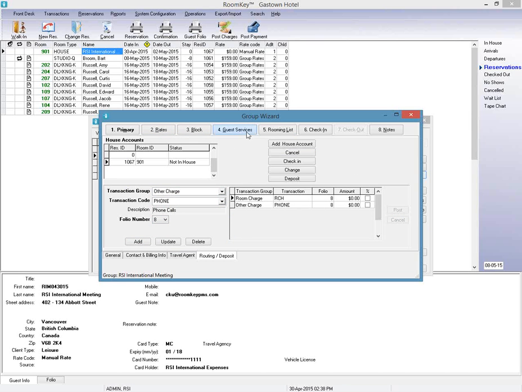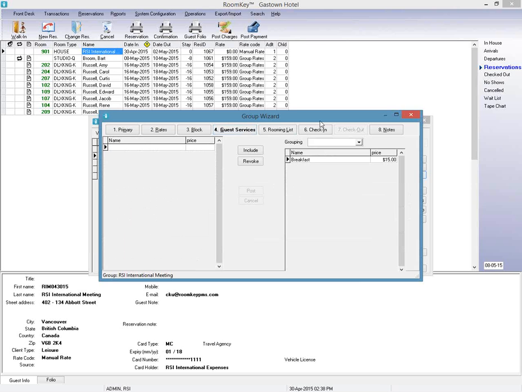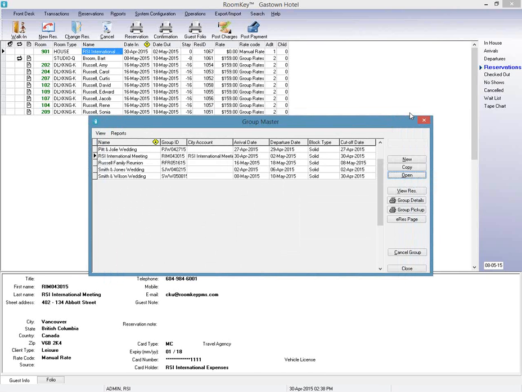All right. And overall, that's pretty much the groups module. Again, there are 3 different types of groups you can make. There is one going to an individual pay-own guest. You have one going to a direct bill city account, which will be invoiced later. You also have one option that's going to a specific